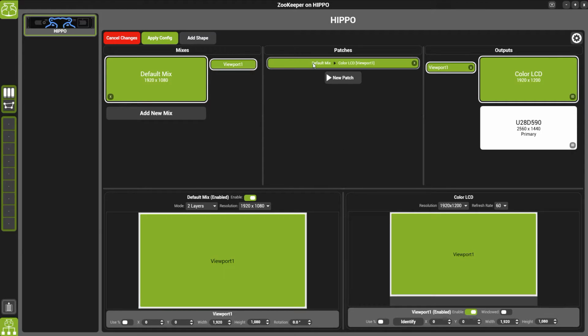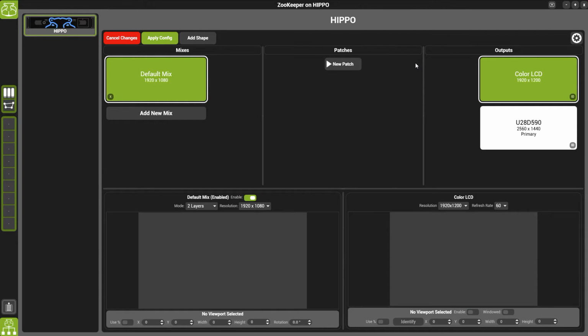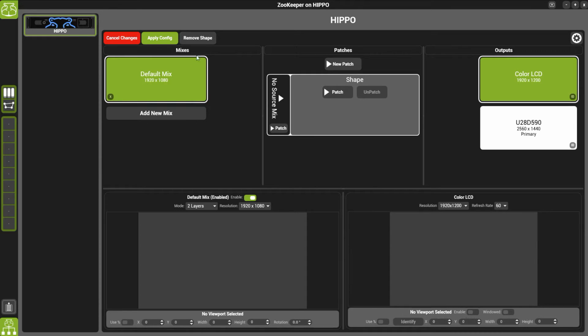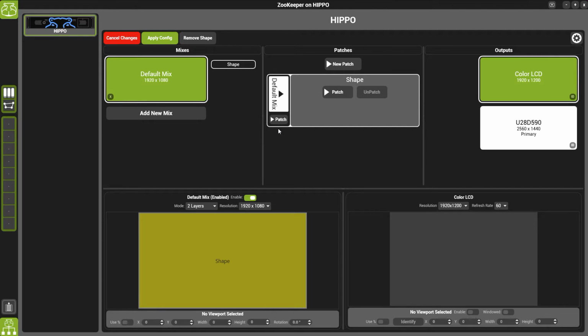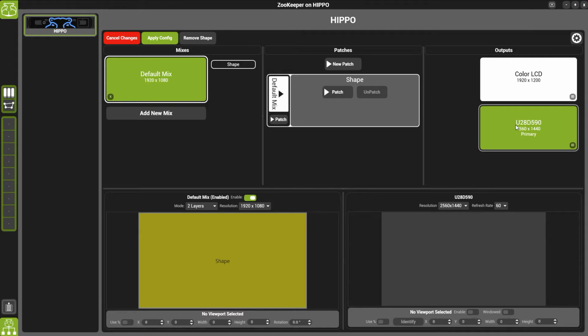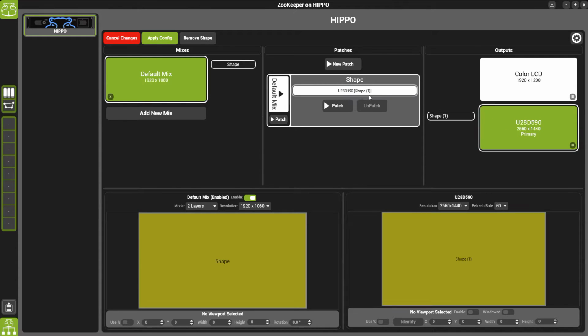Now let's delete the patch that's in the middle and let's add Shape. Select your mix and patch that into Shape, and then select the output where you want the Shape to render to. So I want Shape to render to the same screen that I'm recording, so I hit patch, and I'm